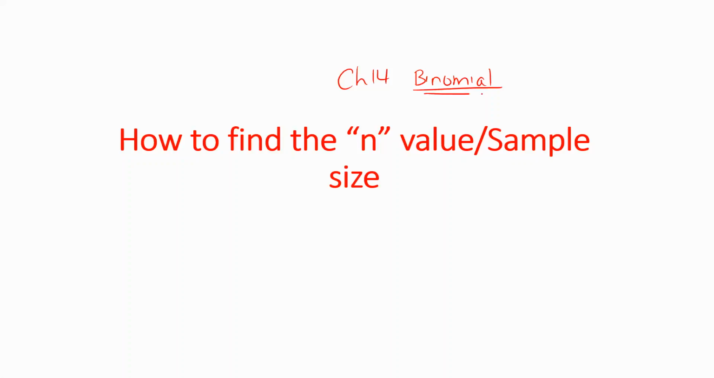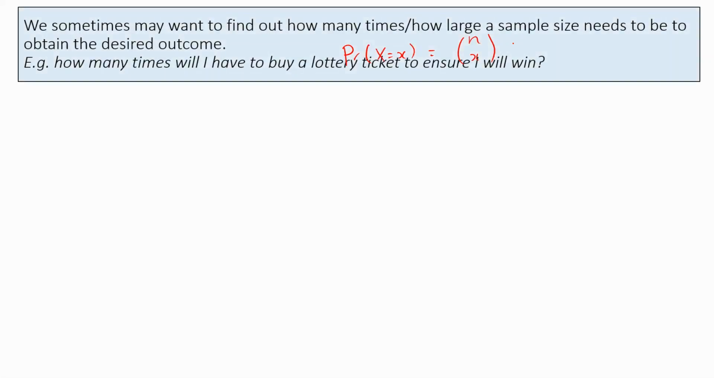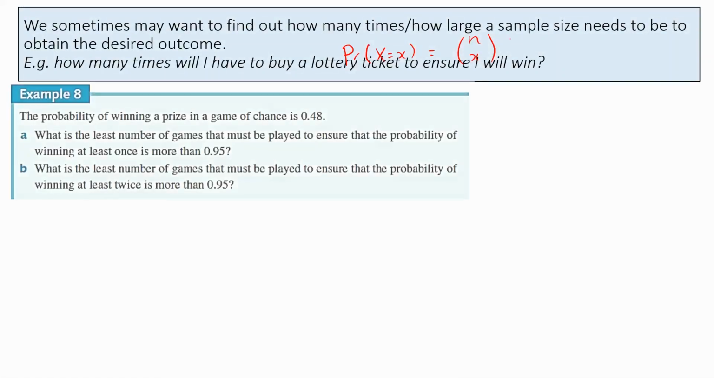For this question, I suppose it does come up quite frequently in an exam, in the sense that they want you to find n. So if you remember, the formula for the probability for a binomial distribution is: probability of X equals little x is equal to nCx. Your samples are n trials, and how many successes you want, multiplied